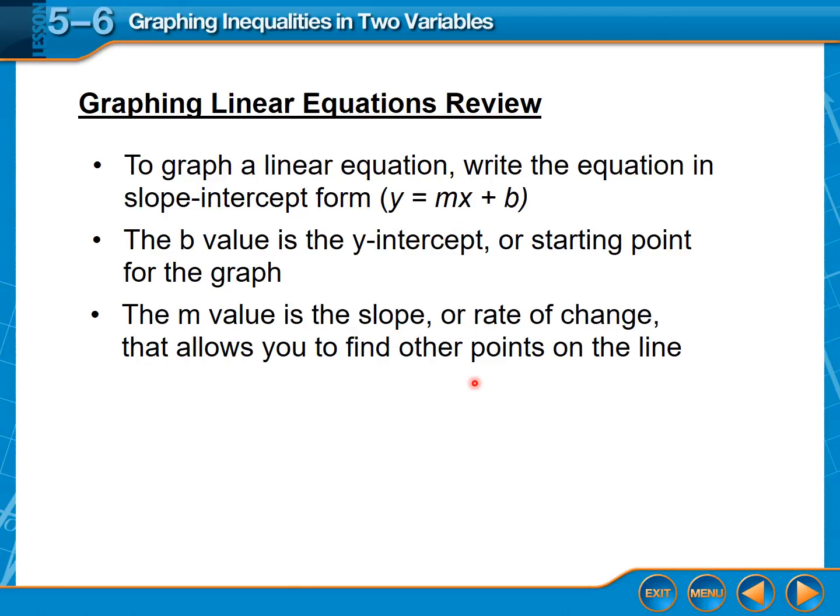That lets us find other points along the line that we have. So we have two things to graph a straight line. We need a starting point and we need a pattern or the rate of change. Okay, so that's our m and our b values. So we rewrite any equation that we have into this form and we're able to create a graph